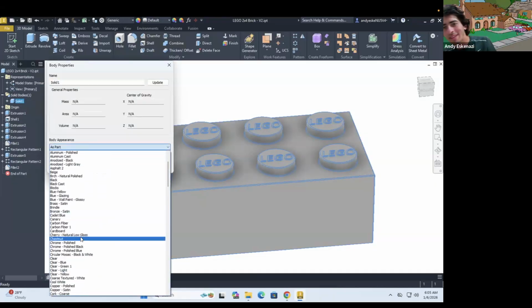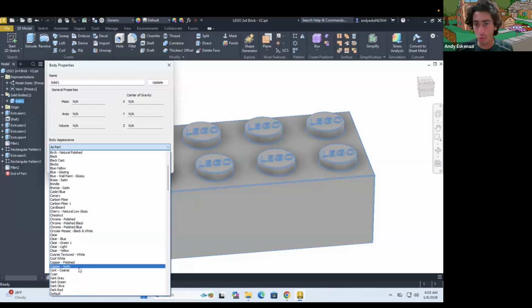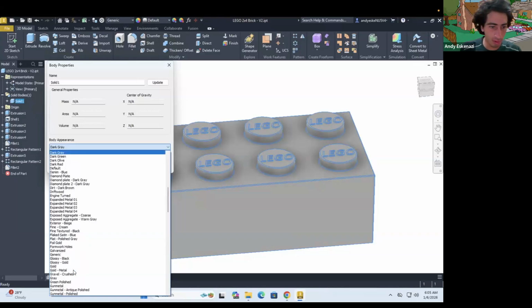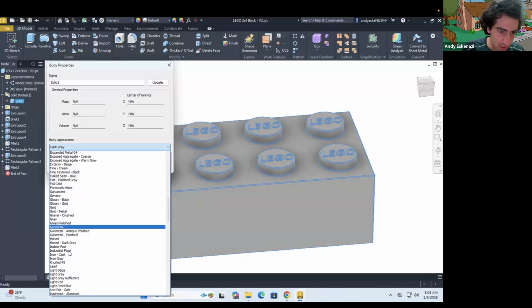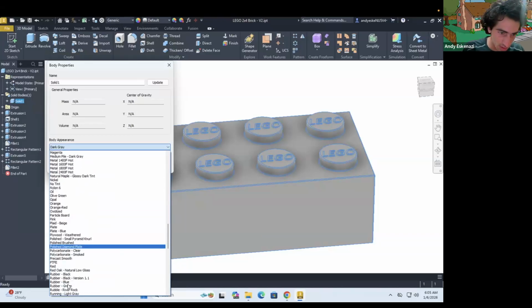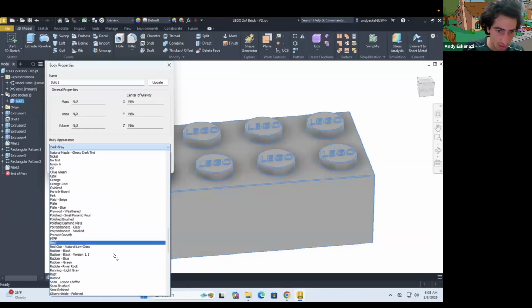By the way, this is the only one that I'm coloring because if I'm not mistaken, once we put this into an assembly, it will be fairly easy to actually modify the colors of all of these bricks. So stay tuned for that. So I can just draw them all gray, and that's completely fine. And then you color them in the assembly, which is something super useful, which means that I only have to make a singular 2x4. If I'm wrong, I might need to create multiple 2x4 copies with different colors. But I hope it's possible. So we'll take a look at that in just a second. But let me just first find red. I'll go here to okay,